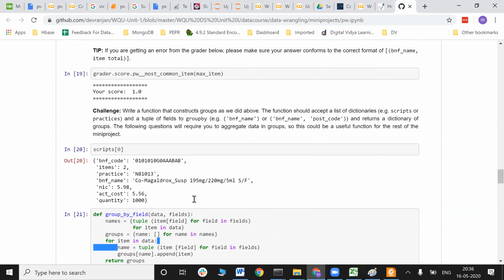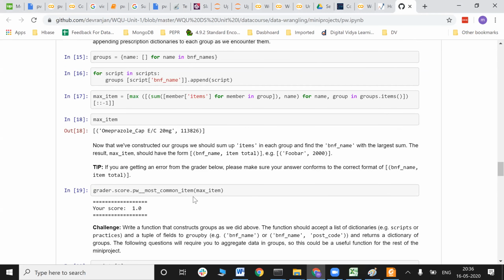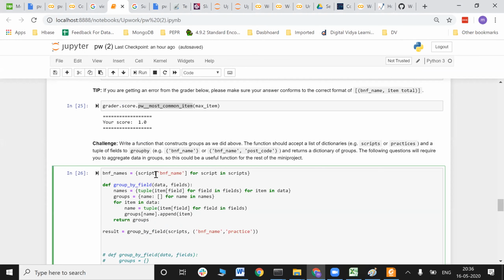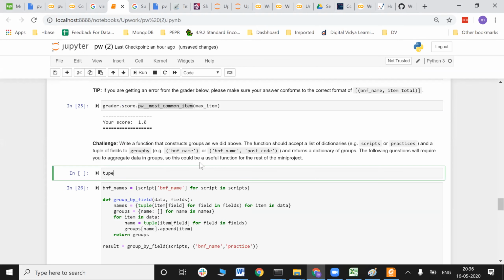Sorry? Can you talk about tuple? Tuple. Okay. Yes. So tuple is a very interesting data type. Actually, that's my favorite as well. So tuple is a kind of data type which doesn't do any